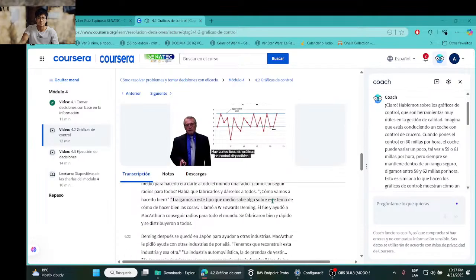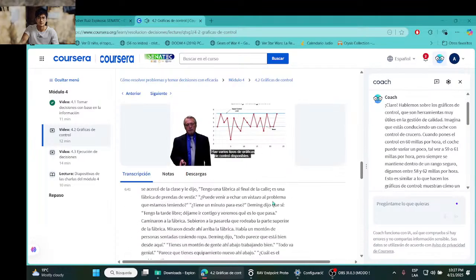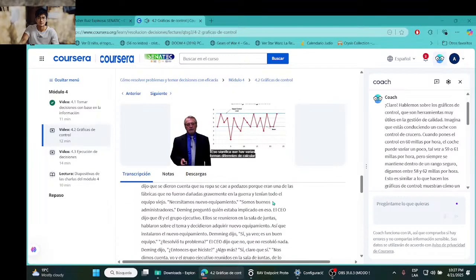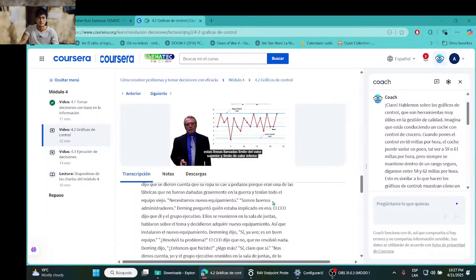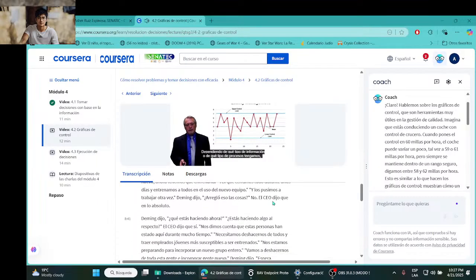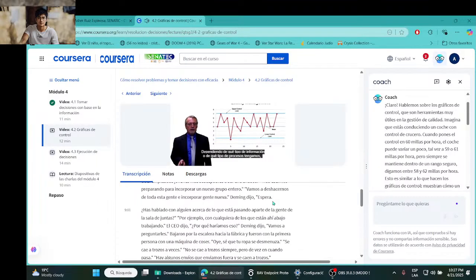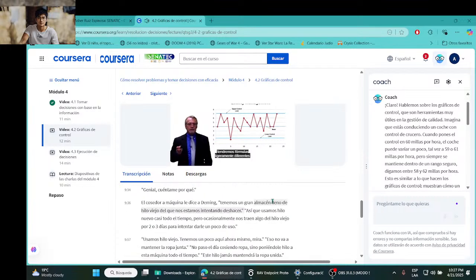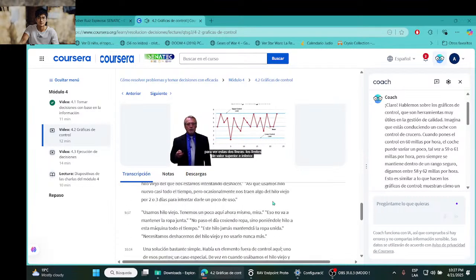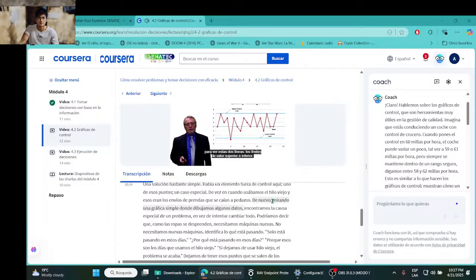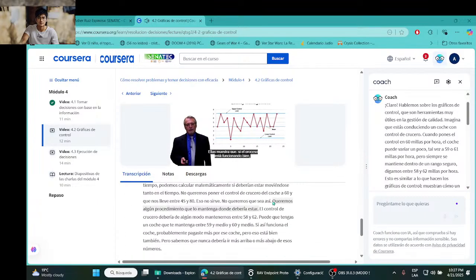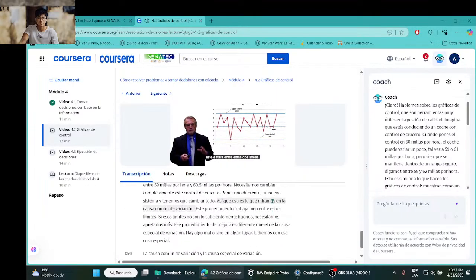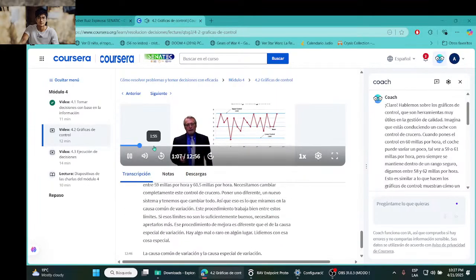There are a number of different kinds of control charts to use, and what that means is we use different ways to calculate these lines called the upper control limit and the lower control limit. Depending on what kind of data we're looking at, what kind of processes we're looking at, we'll have a little bit different formula for these two lines. What these things mean is that if our process is working right, it's just between these two lines right here.